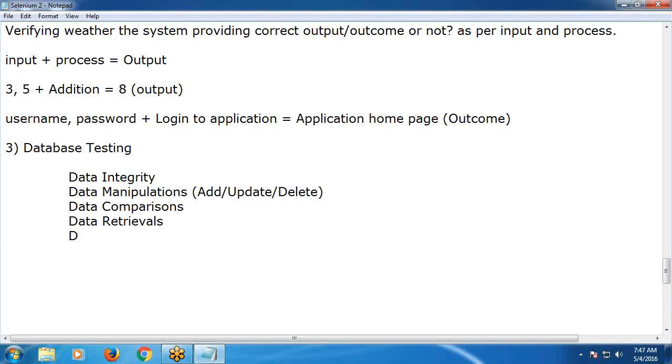Next, one more thing. Actually, this is not our task, it is the system administrator's or network administrator's or technical support people's task. The first four are testers' tasks, the last one is a system administrator or network administrator task. Data backup and recovery operations. See, these are the important